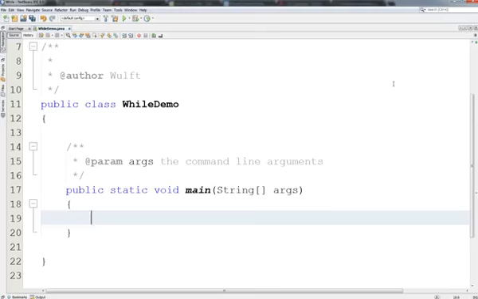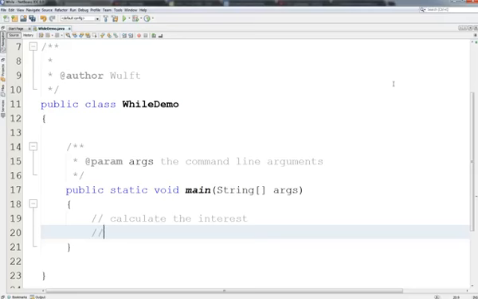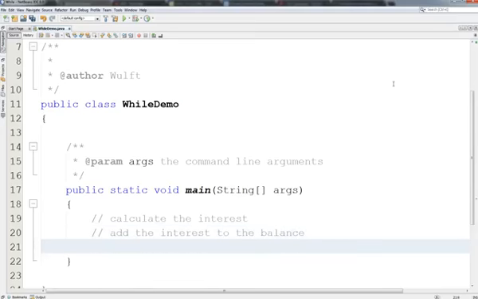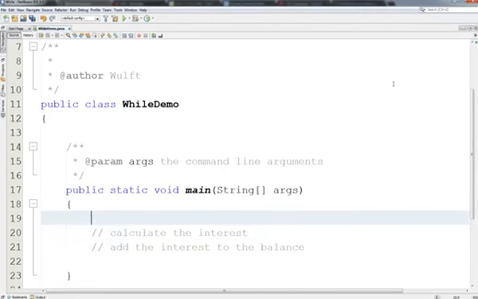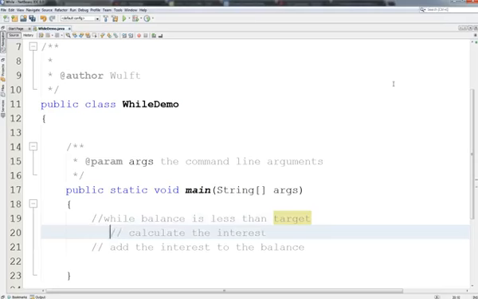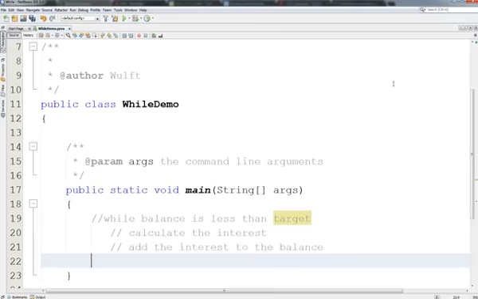And basically the idea is we want to calculate the interest and then add the interest to the balance, and we want to do this as long as the total doesn't meet our target. So basically we'll say while balance is less than target. Okay? Now, of course, I can write this in code, so right now I'm writing in pseudocode for you. So while balance is less than target, calculate the interest, add the interest to the balance, and